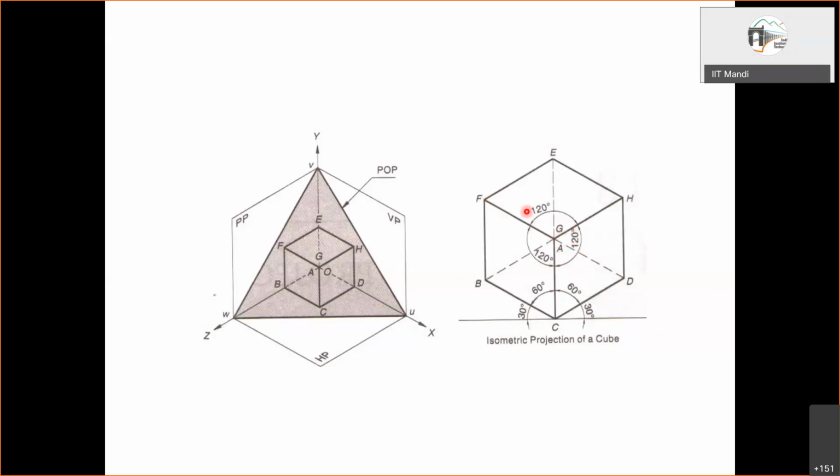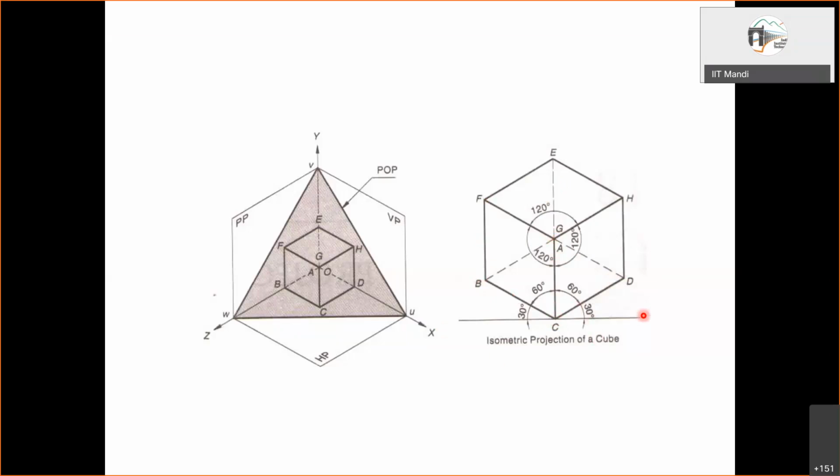That is, their intermediate angles are 120 degrees. Here, here, as well as here. Okay. Then one of these is a vertical edge here. Of course, all the other parallel ones, these are all vertical. So this vertical edge. Apart from that, for this point C, if we consider, three edges are meeting, one is vertical, and the rest of the two, this one and this one, are 30-degree inclined to the horizontal direction. So these are the specific features.